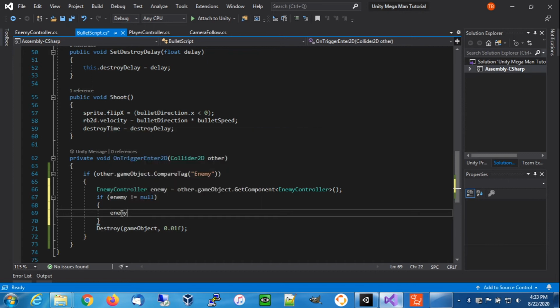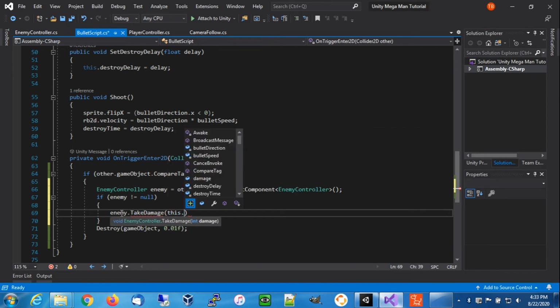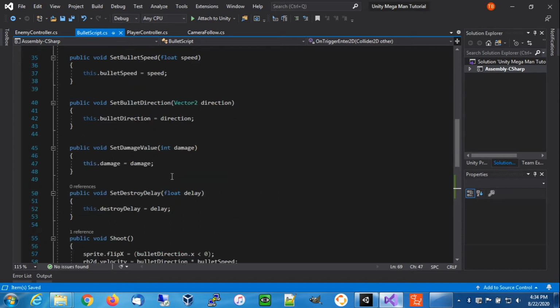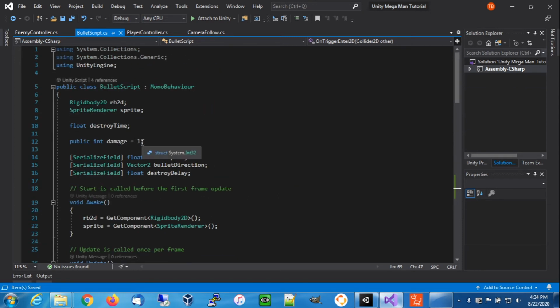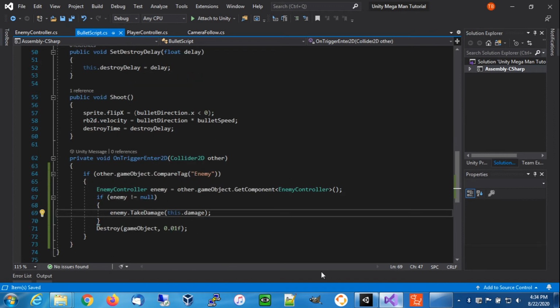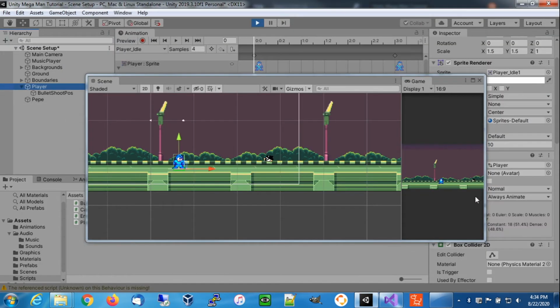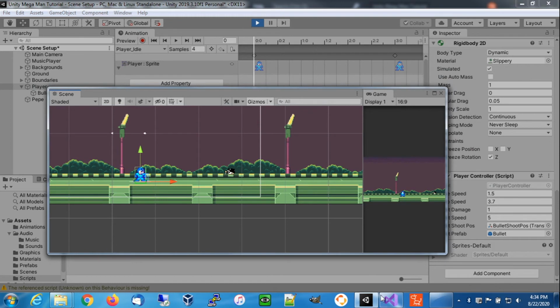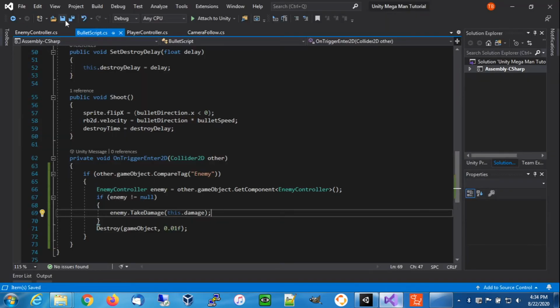So now on our enemy, we're going to call that take damage function, and we're going to apply the damage that's the value of our bullet. By default it's 1, and Mega Man can override it, but we don't because we have it as 1 also. So let's save that